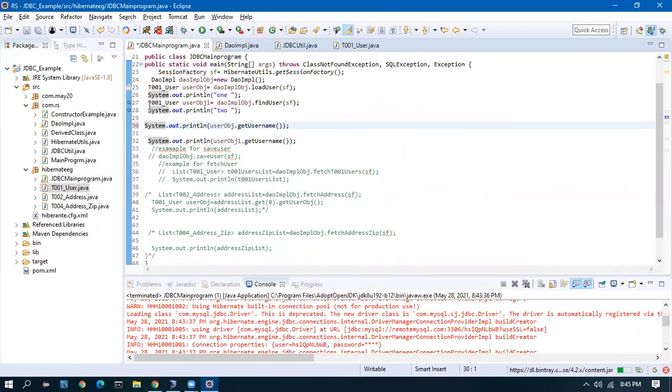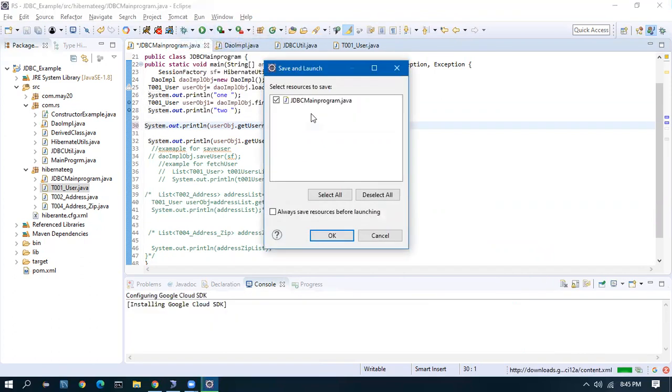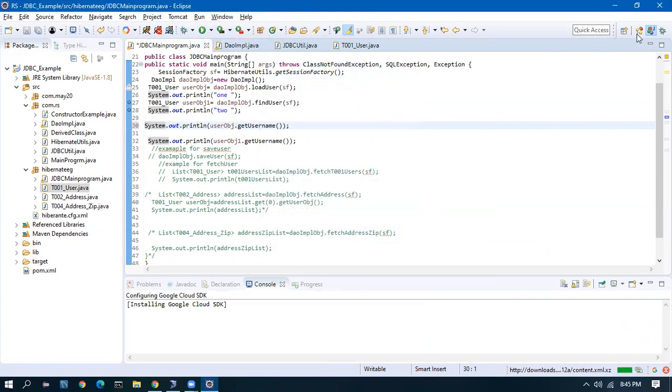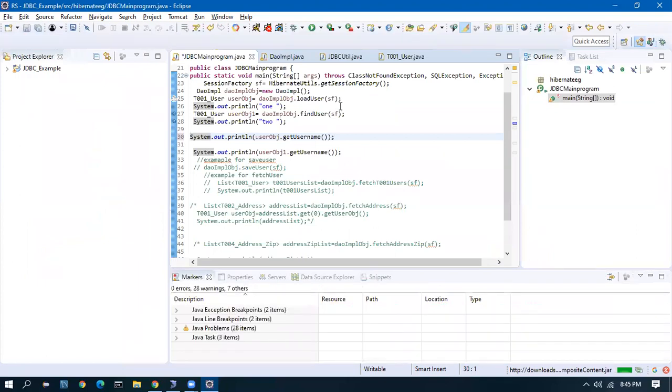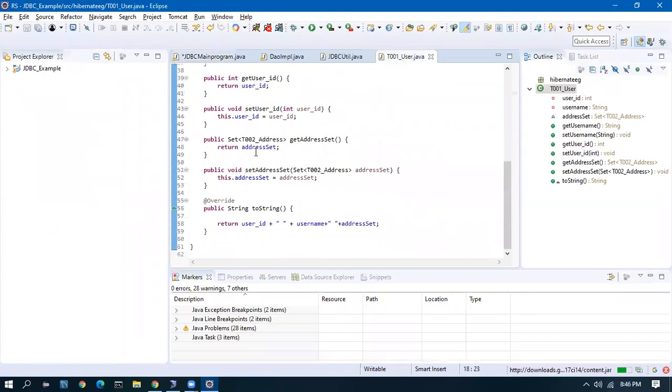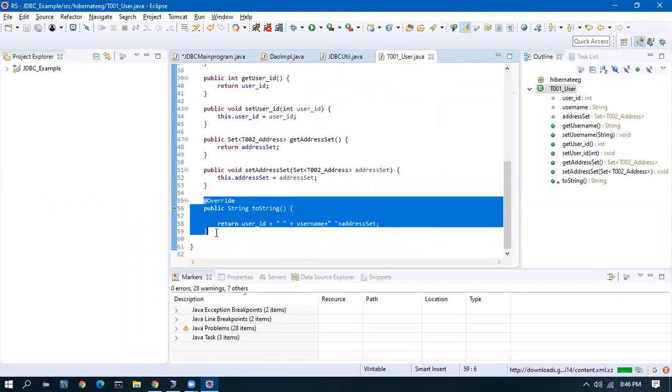Okay, I'll start in debug mode and then I'll open that object and show you what is there in it. Let us print the object and see. Rajesh, debug mode means step by step like that.